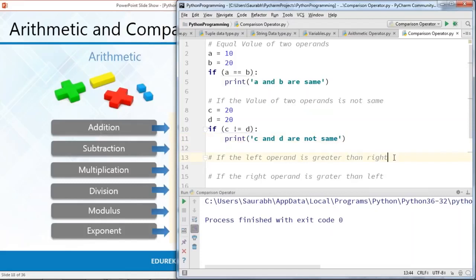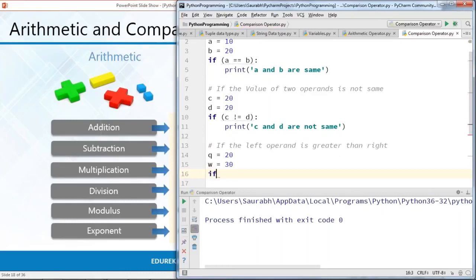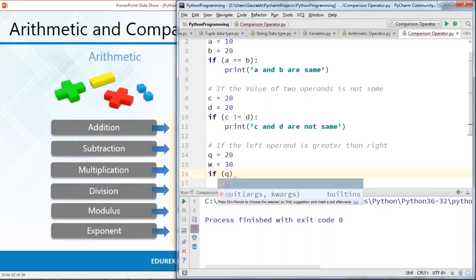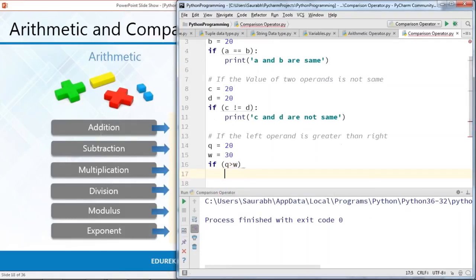Now what I'm going to show you is the case where the left operand is greater than the right operand. So again, I'm going to define one more variable. I am going to name it Q. Suppose the value of Q is 20. The value of one more variable W is 30, and the condition is: if Q is greater than W, then print